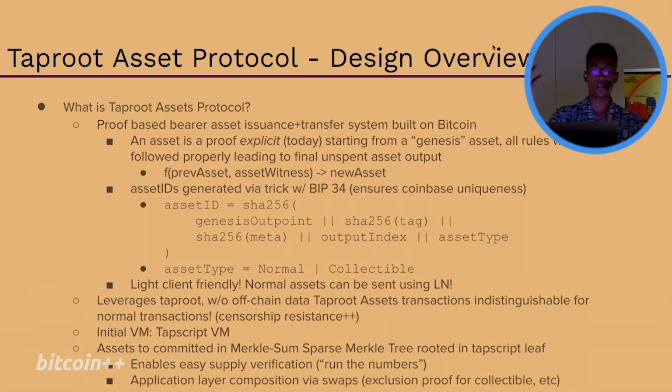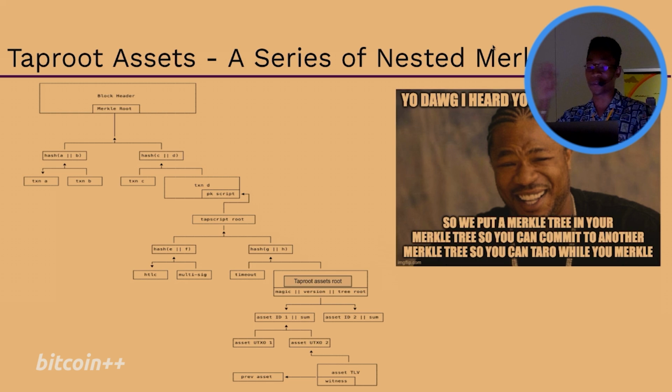And you can do a bunch of other additional things in it because these are basically just Bitcoin transactions. You can do PSBTs, you can do normal swaps, you can do exclusion proofs, you can do a bunch of really cool stuff on top of it because it's Bitcoin friendly. And I was saying we love Merkle trees here.